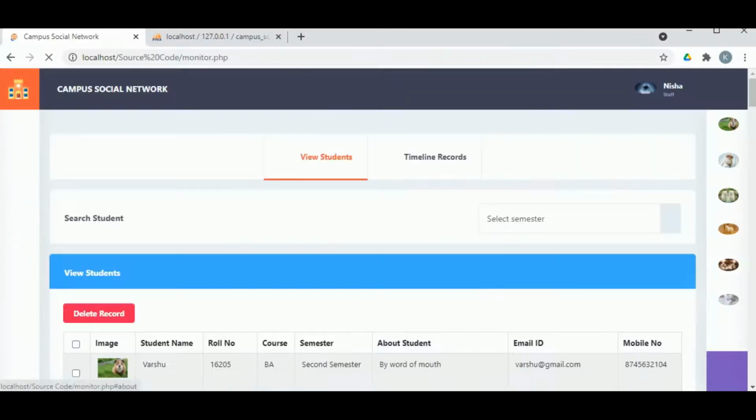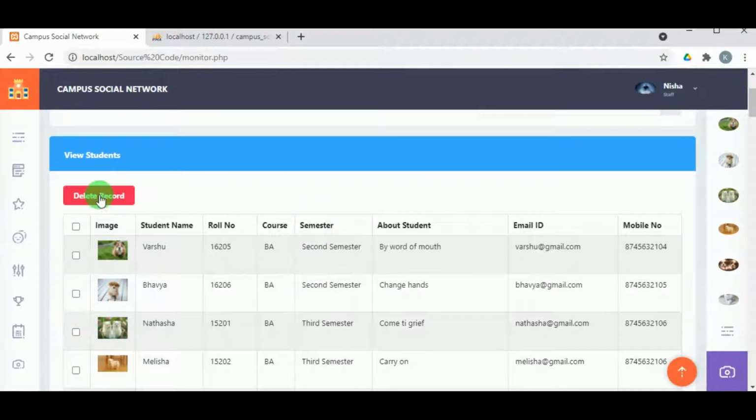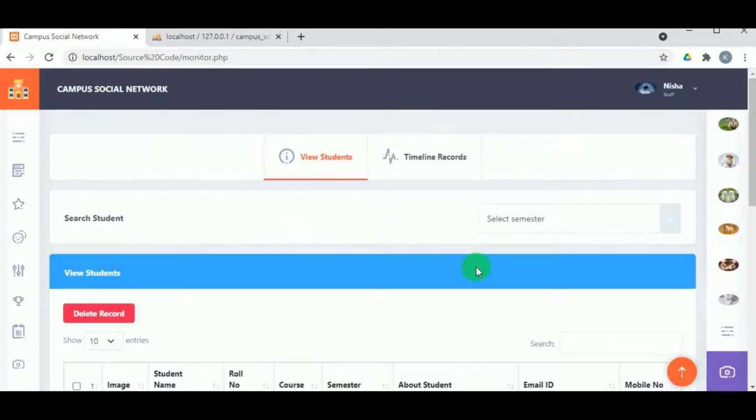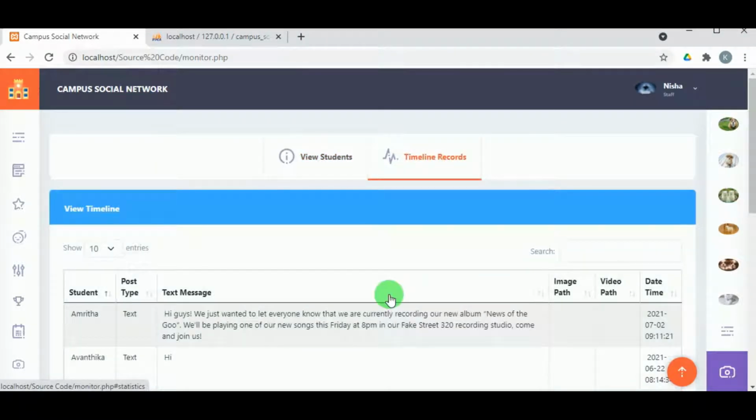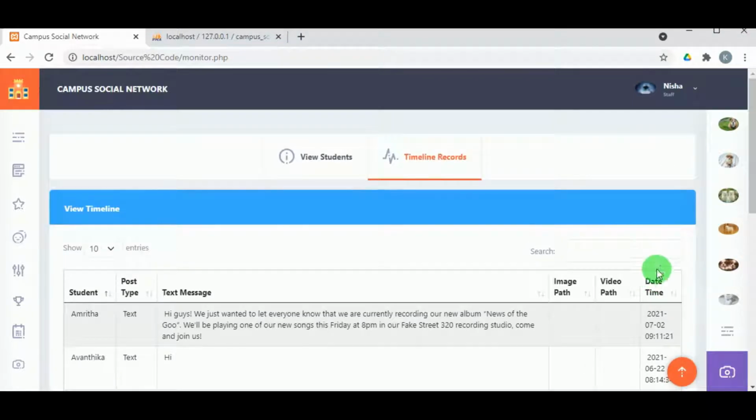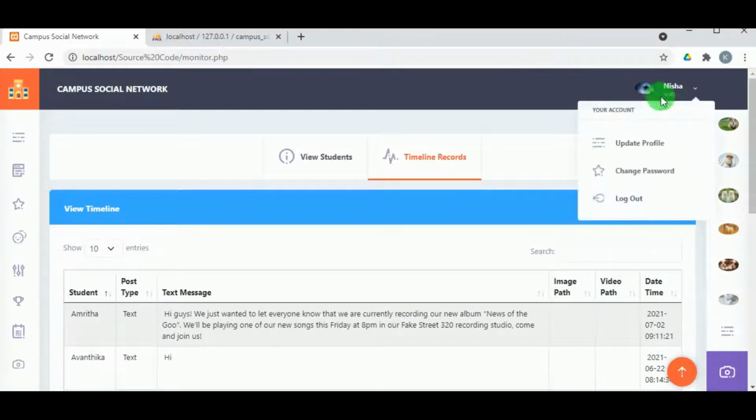Here we can view the students, but we can see that the staff cannot delete the individual students, as well as they cannot delete the timeline records. Only the admin has the authority to delete these details. So let us log out from staff.